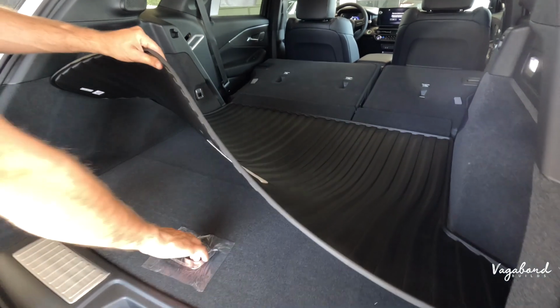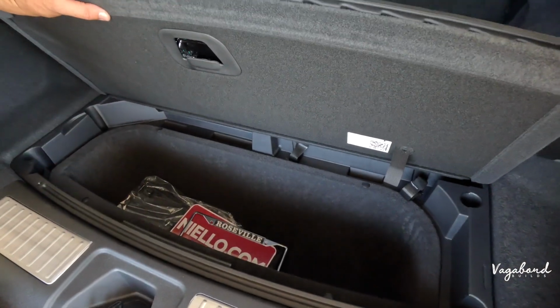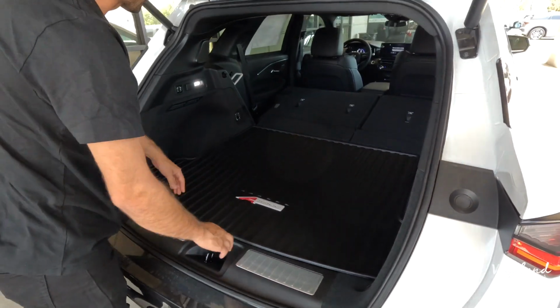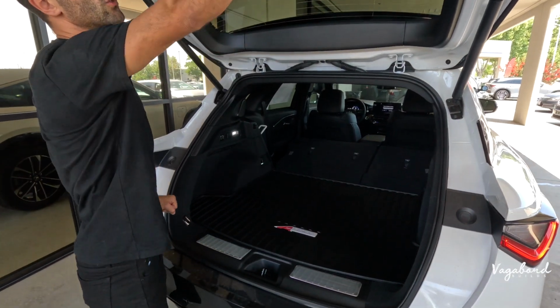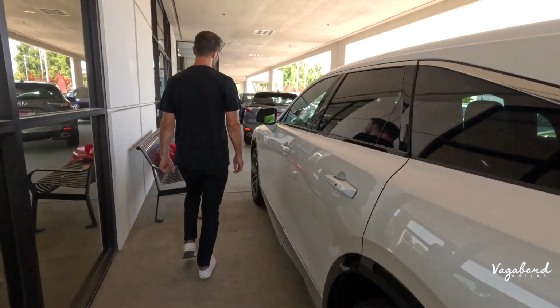And if we go ahead and pop this, get some more cubby room. Got the Nilo license plate there. All right. And then a 12-volt outlet. Let's go ahead and close this and show you guys one last thing here on the exterior of the car